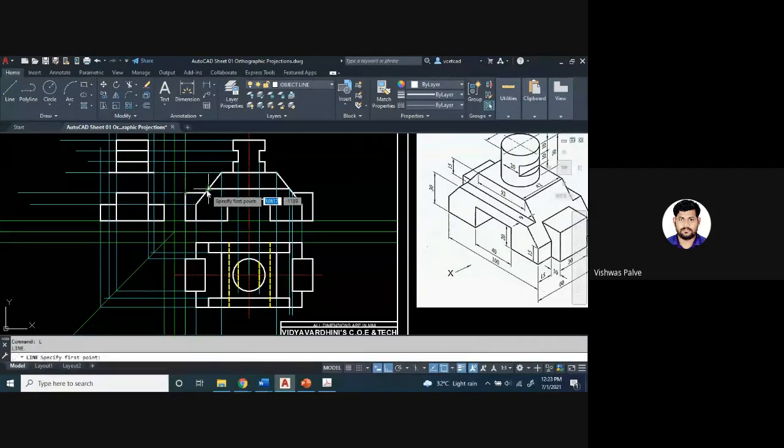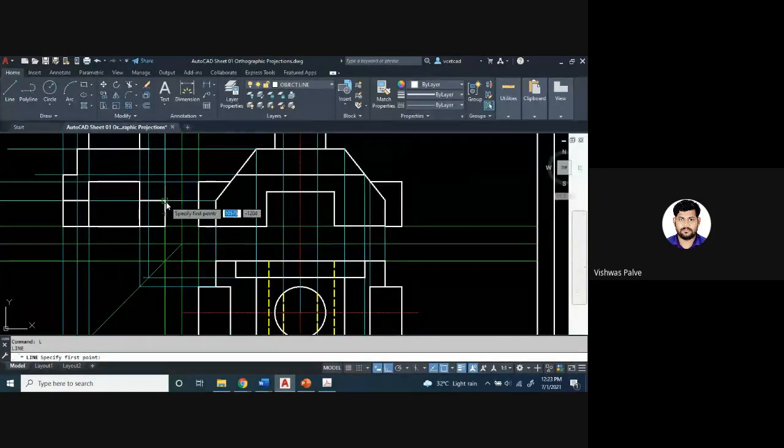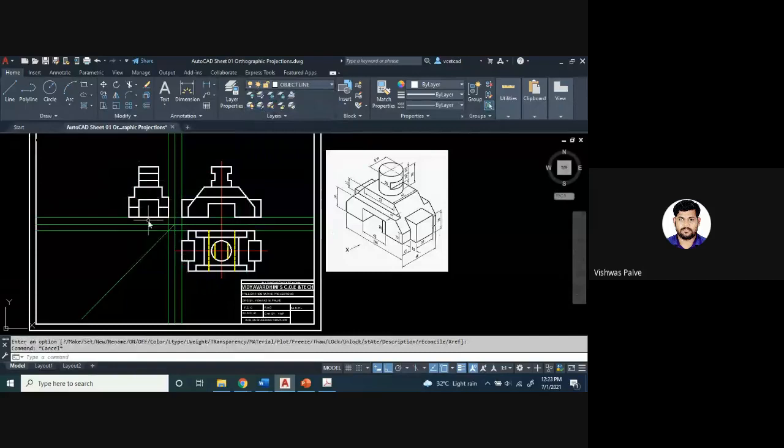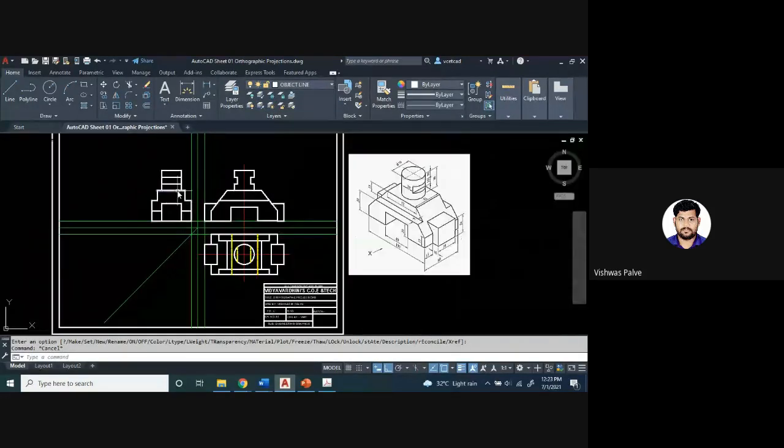For this line I have to take a projection. So the object line from this point will be projected up to this 9mm inside, and then again it will take a curvature. Similarly here, a vertical line will be drawn up to this point, 9mm inside, and then again it will be connected. I will switch off the projection lines so that it will be visible. Now I have drawn only the dark lines.